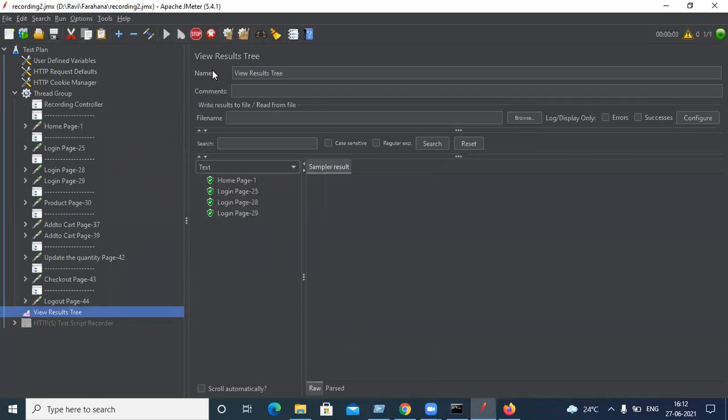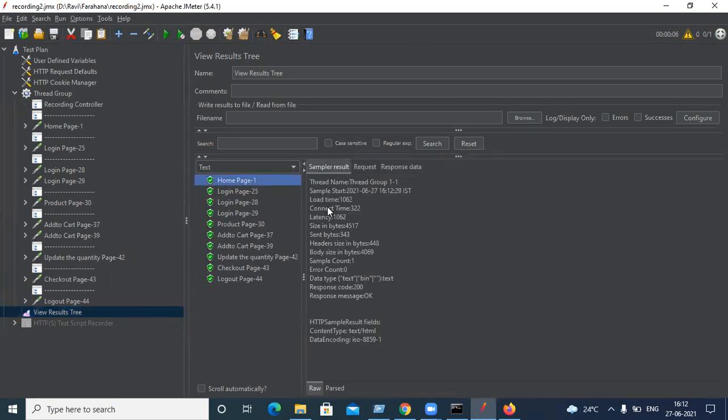Okay, in the view registry, this is the place where we get to know the output of your script. So these are the output APIs. This is what you recorded in the thread group, and this is the output of the replay. Just click on home page.